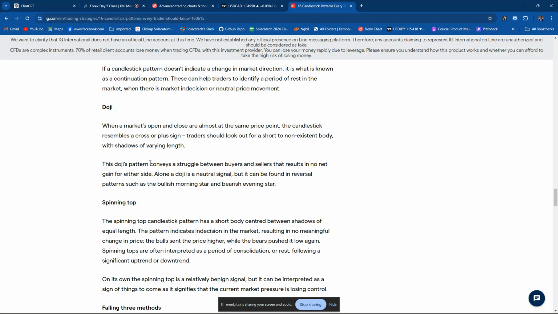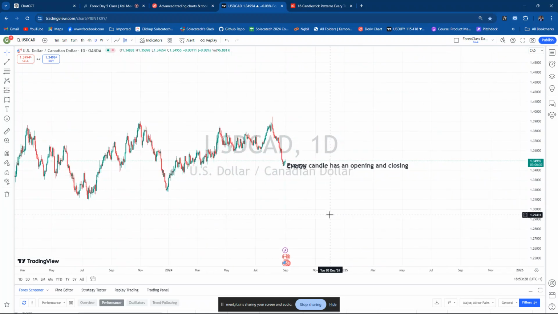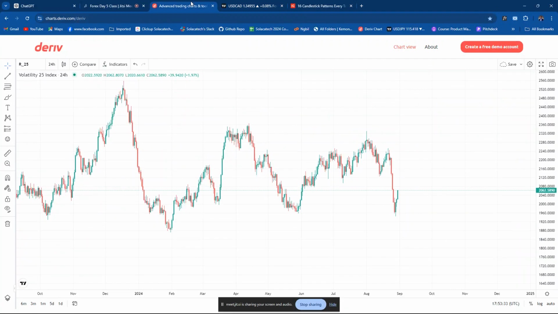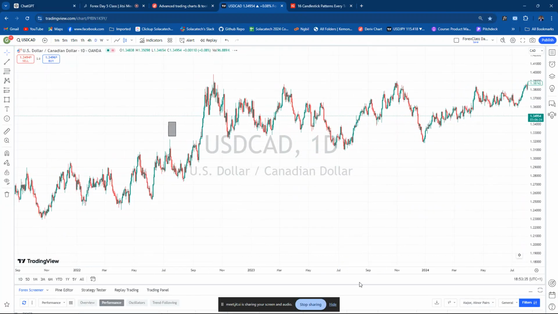So the doji candle conveys a struggle between buyers and sellers that results in no net gain for either side. Alone, a doji is a neutral sign, but it can be found in reversal patterns such as the bullish morning star. Doji primarily is a continuity. There was a time I traded the pattern so well in this market. So one of the things we looked out for